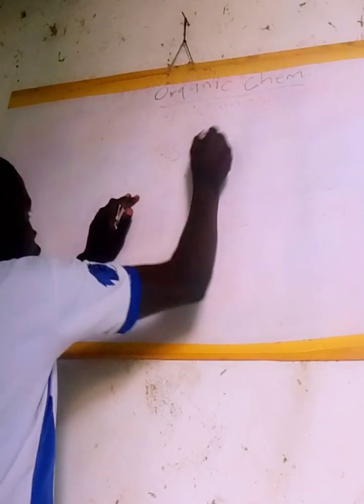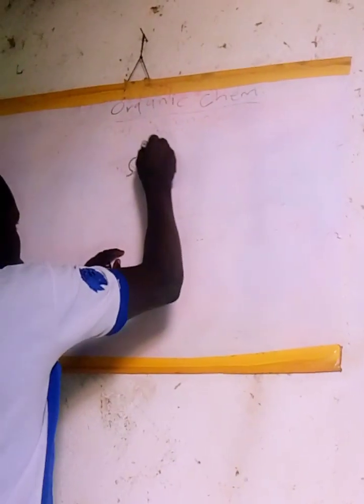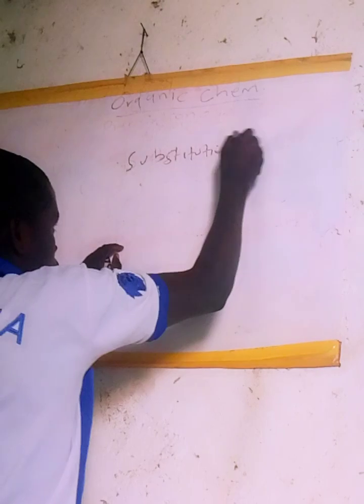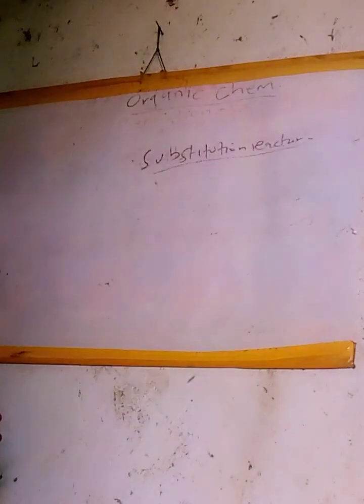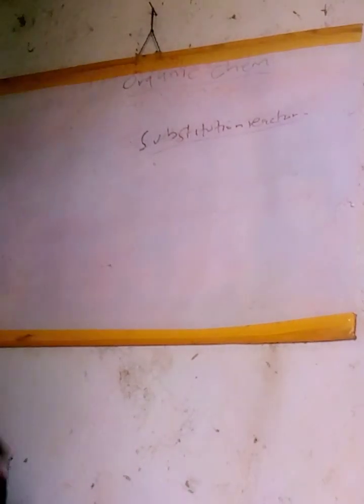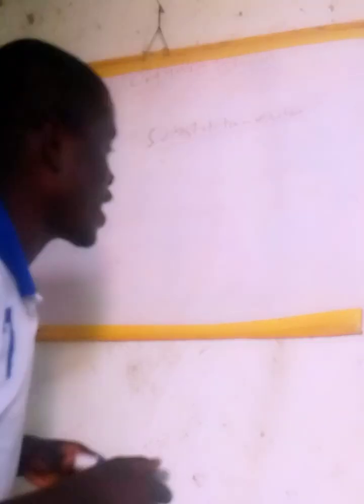Then the last reaction is what we call substitution reaction. It undergoes substitution reaction. So substitution reaction, this is a reaction whereby alkanes normally react with a halogen in presence of UV light. So substitution reaction, it's a reaction whereby alkanes react with a halogen in presence of UV light, that is ultraviolet light or sunlight, to produce